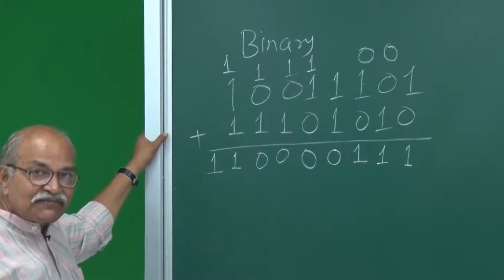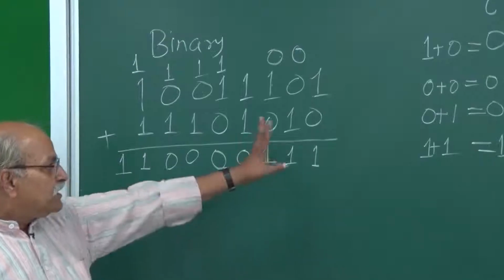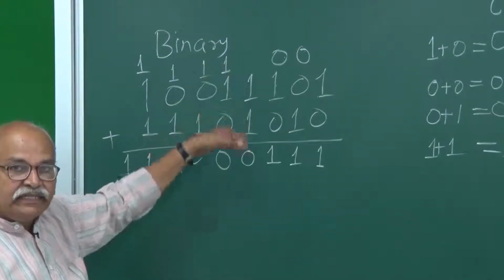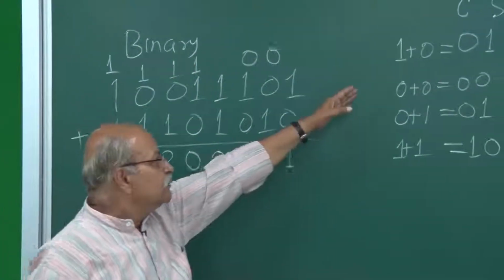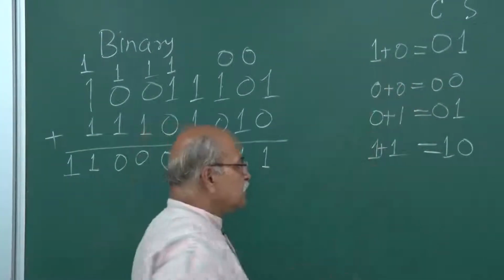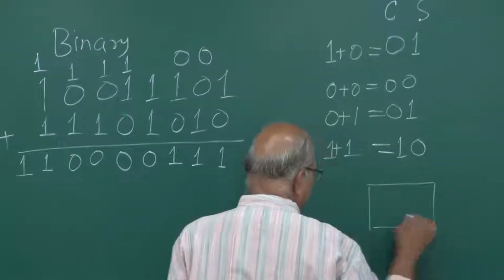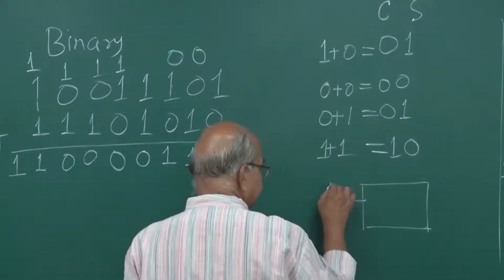That is how we sum the numbers, a similar procedure as we did in decimals. So the basic thing I must know for this addition is the addition of these two digits. So if I write it as a device, then my inputs are here A and B. Let's call them A and B.